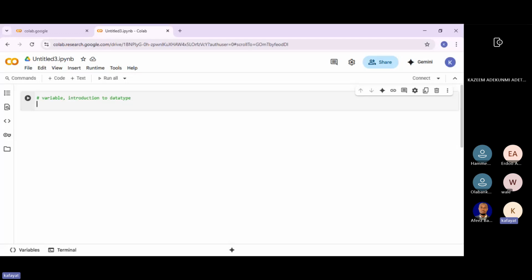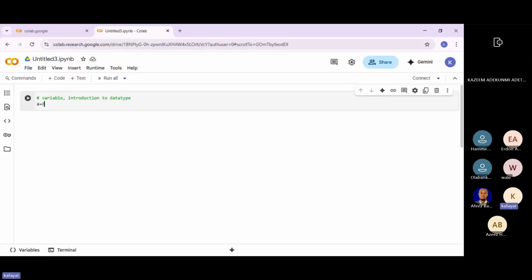In that case, when we say variable, for instance, I will say a = 8. The variable name here is a, and what is a doing? a is housing 8. That is, a is storing 8 in the memory. So anywhere I call a, what my compiler will see is 8. Anywhere I call a and I say return a, it is going to give me 8. Am I communicating any sense, please?